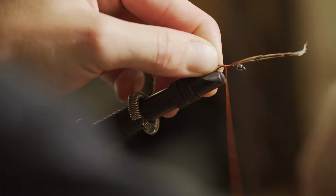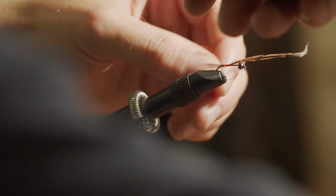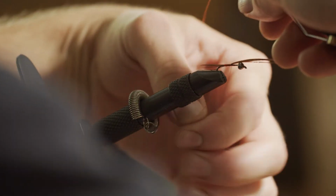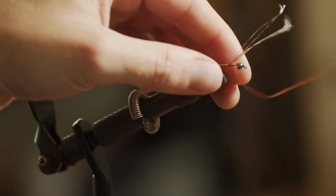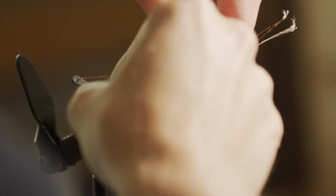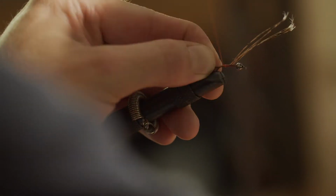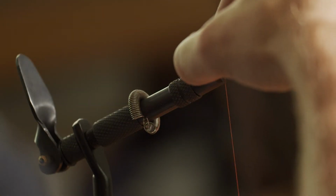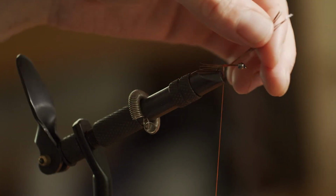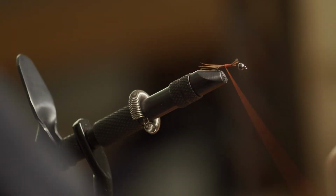I'm going to continue down the hook shank to where we left off with our thread. And then we're going to do one wrap underneath. If I can get this right. This is not really playing ball for me. One wrap under the fibres, just to keep them sitting nice and upright, and then a couple more over the end. So then you should have a nice sort of fanned out pheasant tail, and then we want to trim this down just behind the bead and then work our way up to the front